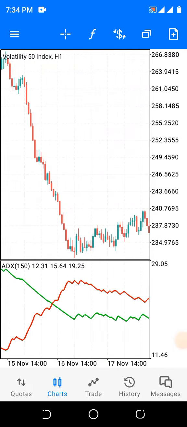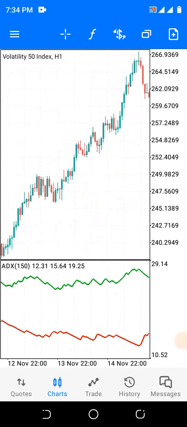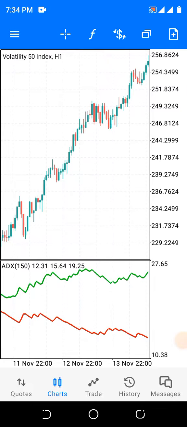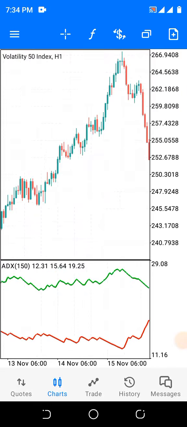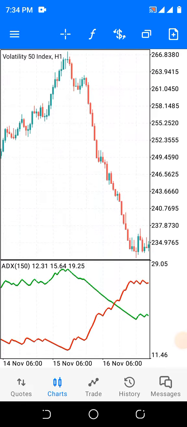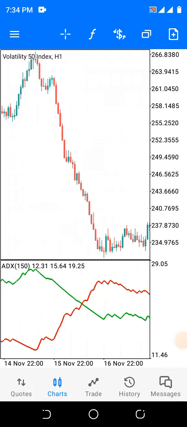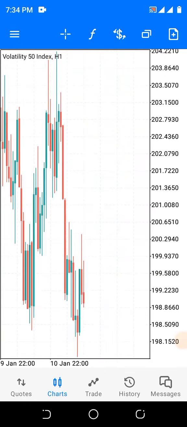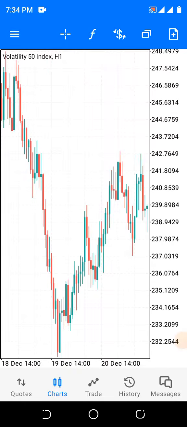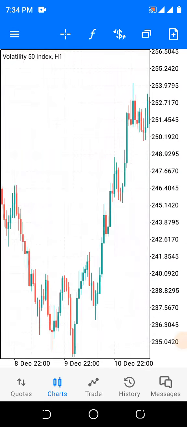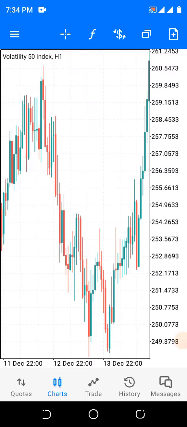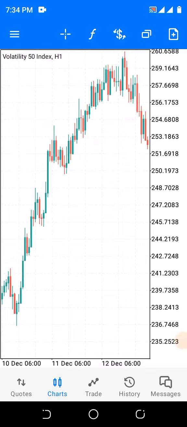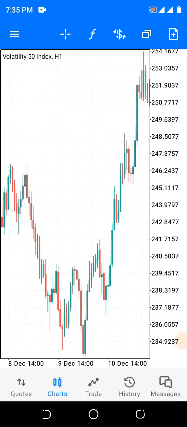Now let's go to how to set up the indicator. I said you need only one indicator, which is ADX. This is how to set the indicator. Before that, let me delete this current. This is the naked chart. Now let's insert the indicator before we go over how to make use of it.